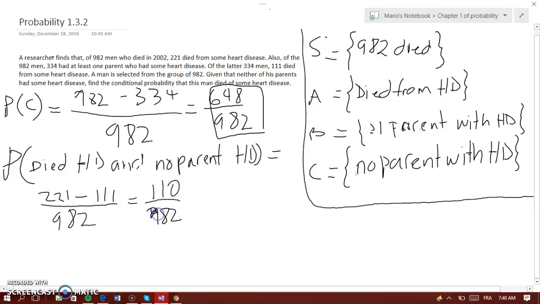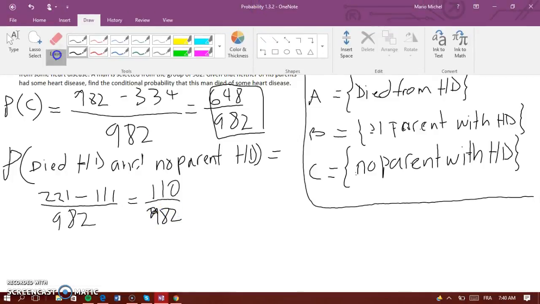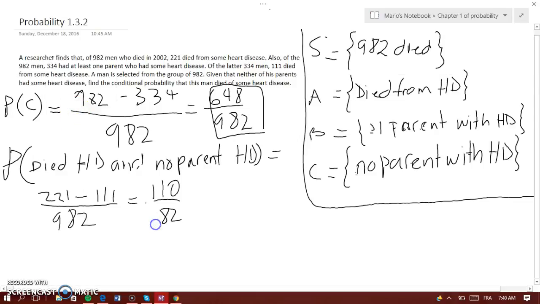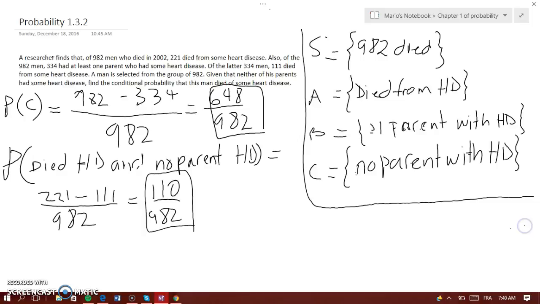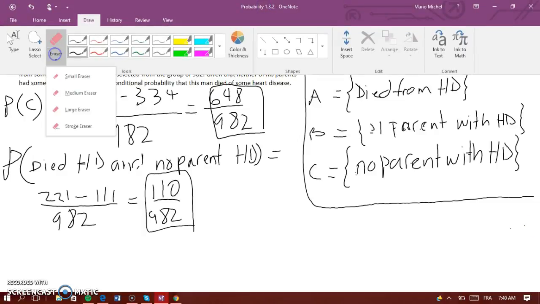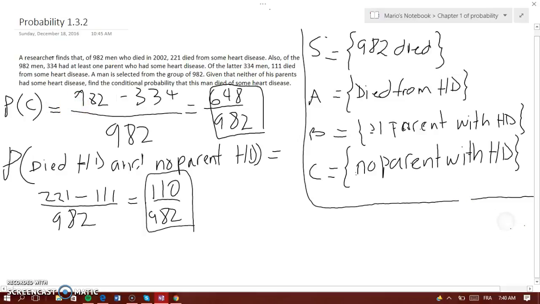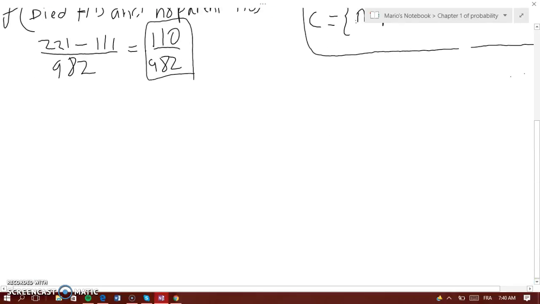So 110 men who died had no parents with the heart disease. So that's what this one means. So you have 110 out of 982 men who died. Now, the next question we need to find is